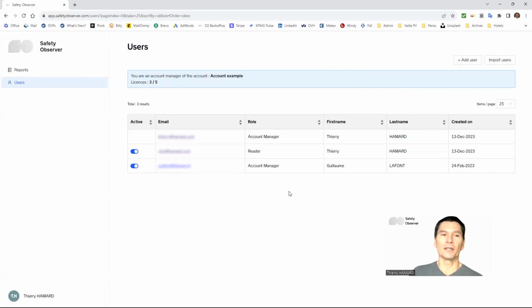I'd like to make it clear that I will be here to assist clients to set them up in the system initially. Afterwards, it is expected that clients become self-sufficient and manage their users independently. So that's the role of the account managers here. They can deactivate the person who leaves and add new users as long as they remain within the number of licenses covered by the subscription. Of course, I will be here to assist clients if necessary. So that's all I wanted to show you.